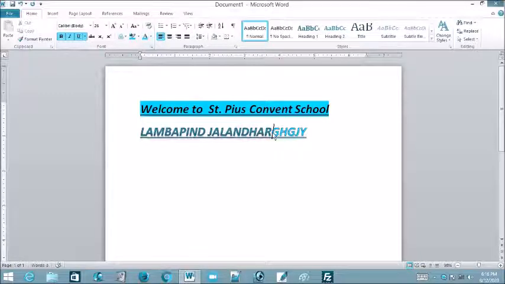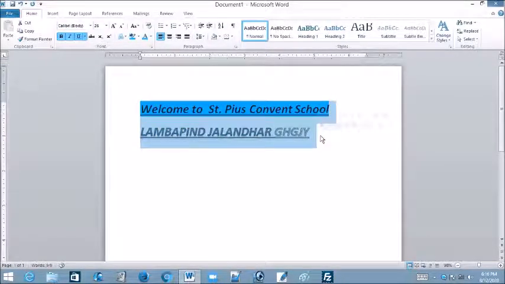Okay. And then the next group of the Home tab is Paragraph. In the Paragraph group, we have options to give numbers to the points, numbering, or giving bullets in a paragraph. Different points are there. We want to give bullets, or we want alignments.